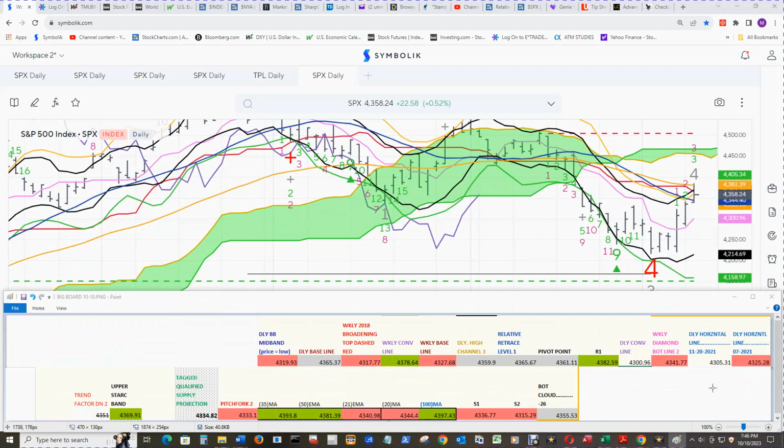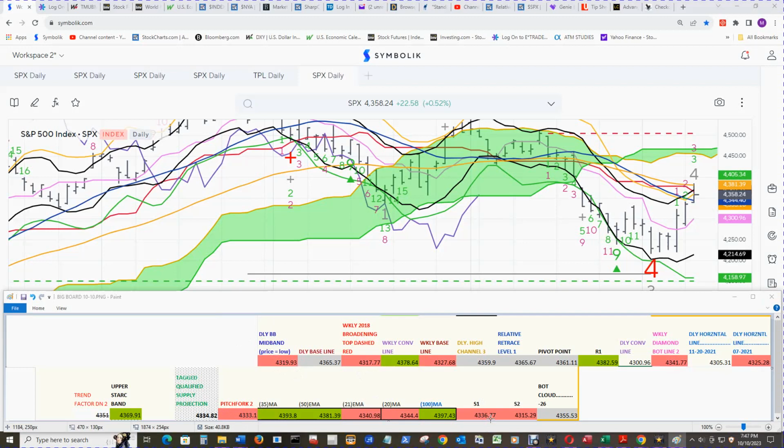And here are the rest of the support and resistance levels. You can see that daily horizontal line 43.25.28 means that price is in no man's land. And there's the weekly diamond bottom line 2, the weekly baseline 43.28, weekly 2018 broadening top and dash red 43.17, daily Bollinger Band mid-band 43.20, the pitchfork level 2 still around 43.33.10,